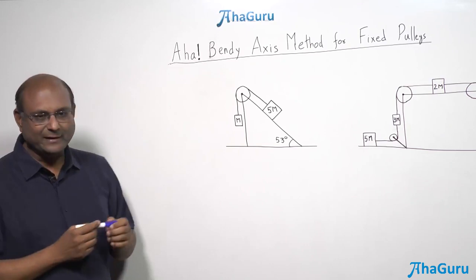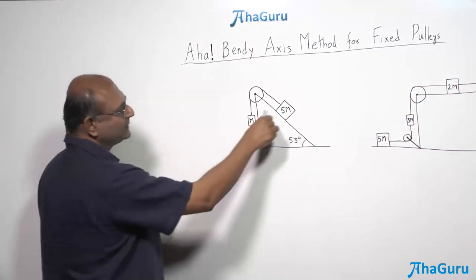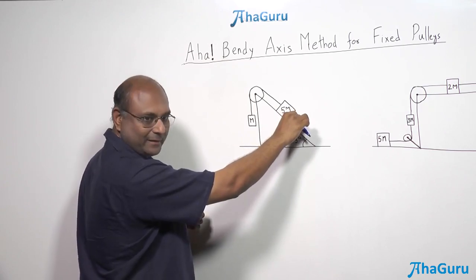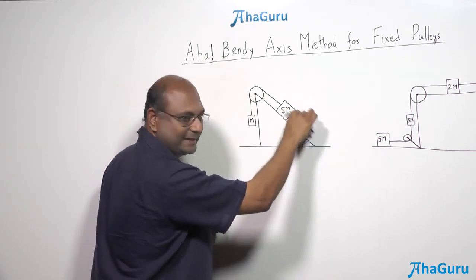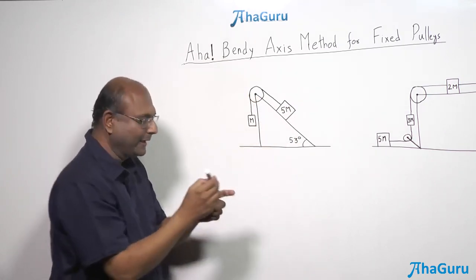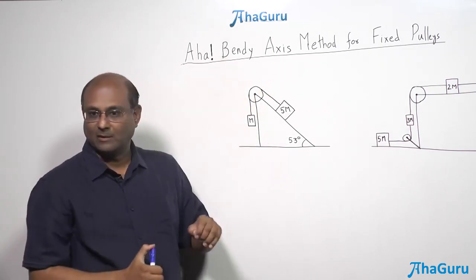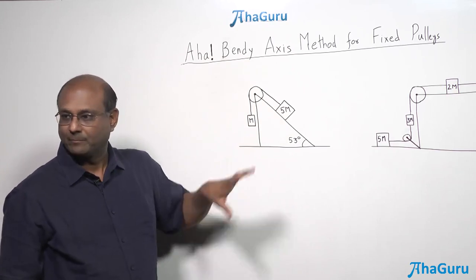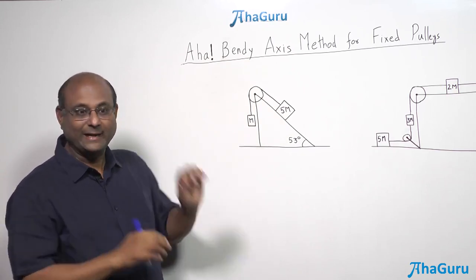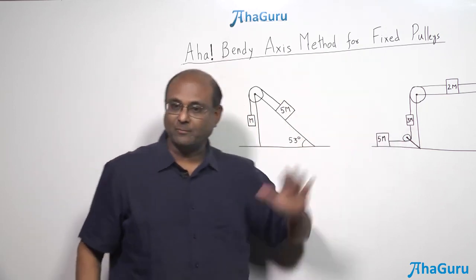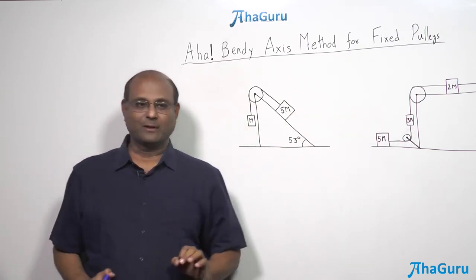So what is the standard way to solve this problem? You have this force, right, gravitational force. You will resolve it. So you have 5 mg sine theta, and you will have this and so on, right? And then you will put in this tension here, you will put the tension there, you will put the normal force, you will draw the free body diagram. It's a lot of work. So the idea is, do we have a shortcut which can allow us to solve this kind of problem, that kind of problem, and so on? And that's basically what we are going to learn.